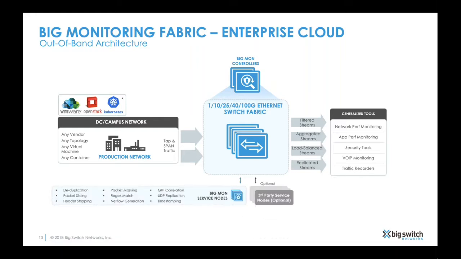Now, if you want to have advanced packet functions, for example, deduplication, packet slicing, header stripping, and so forth, we will use Bigmon service nodes, which are, again, DPDK-enabled x86 server-based appliances, which connect to the switch fabric. But more importantly, they are still managed via the controller. So as I'm adding more switches or even more service nodes, my complexity is still that of a single logical